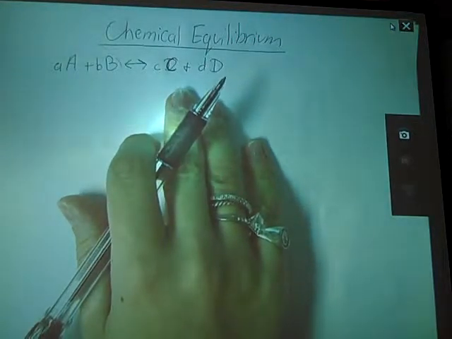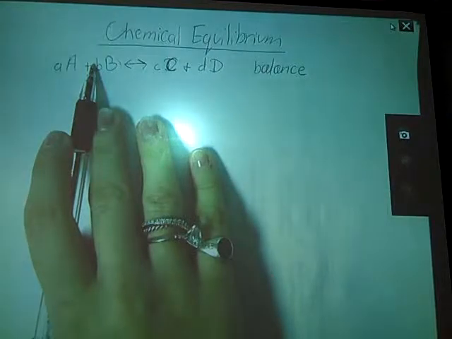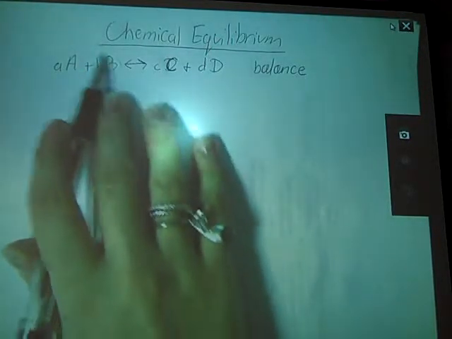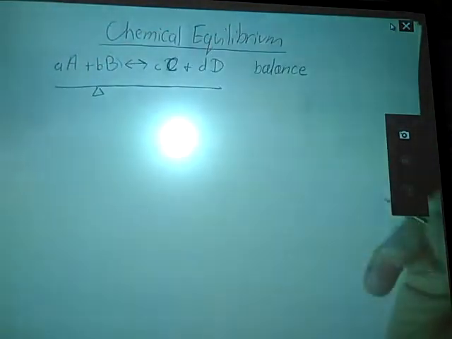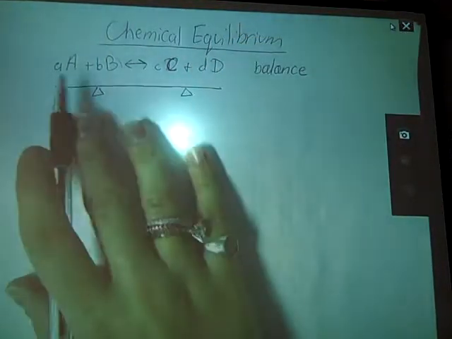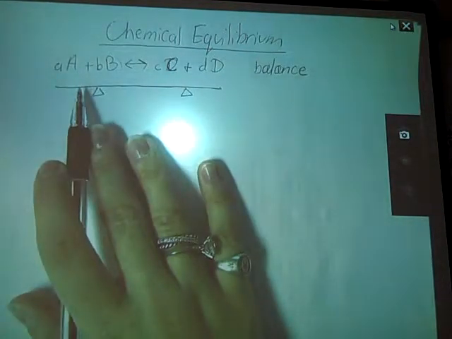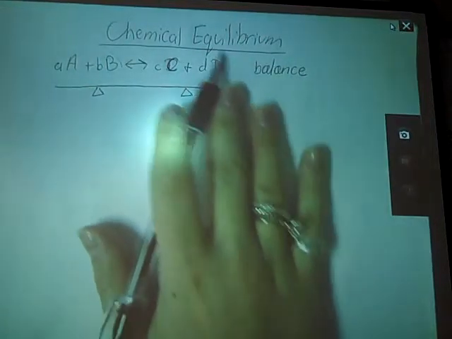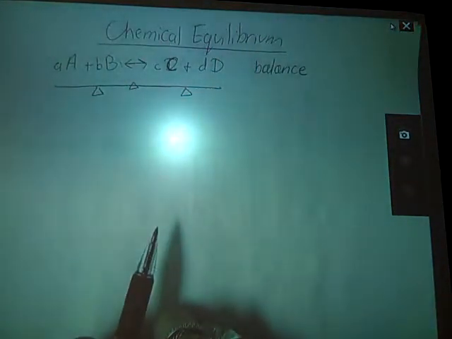Some reactions, this balance point, this equilibrium position will be more towards this reactants side, where our reaction doesn't go very far. We end up with a high concentration of our reactants, low concentration of our products. So if you think about that, kind of like a seesaw. Sometimes our balance point has to be over here. Sometimes our balance point is down here towards the products, meaning that my reaction goes really far to the right. High concentrations of products, low concentration of reactants because my equilibrium was found back over here. Sometimes it's in the middle, equal amounts of reactants and products, but it varies